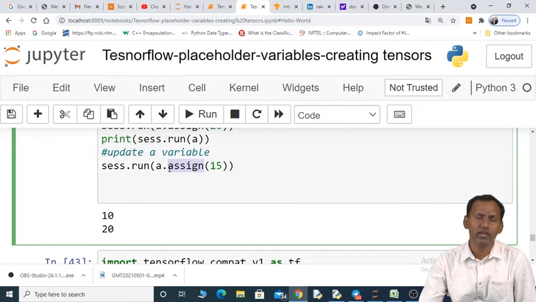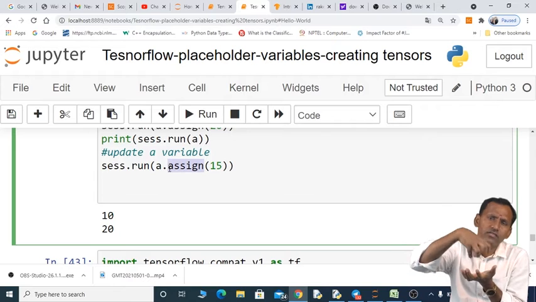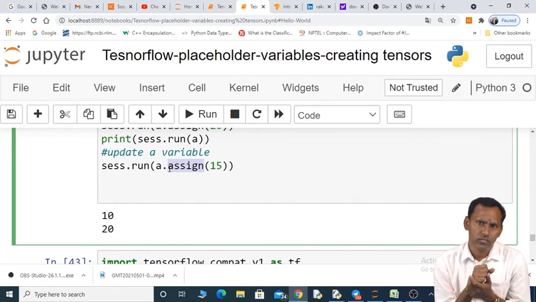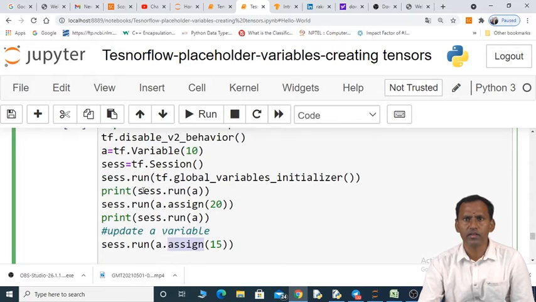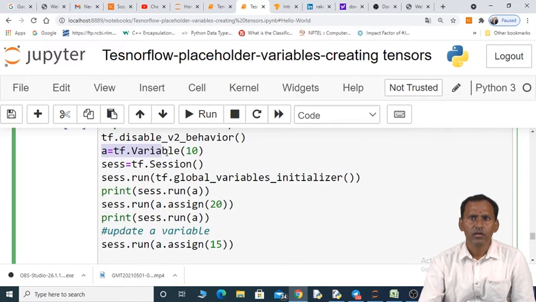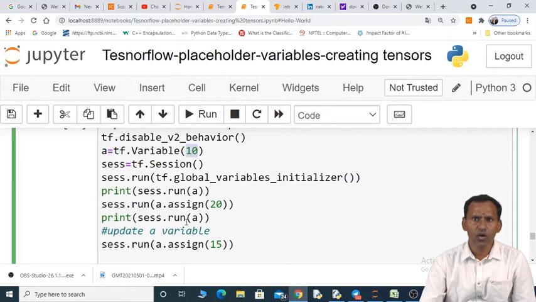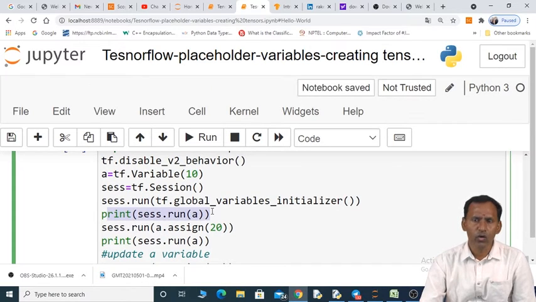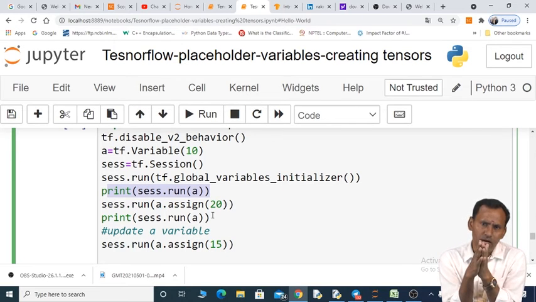This assign method simply overrides the existing value of the variable. For example, we just created a variable a and assigned the value 10. We already displayed it. Now, while developing a machine learning model, if you want to update a variable, we can update it. The assign method simply overrides the existing value.